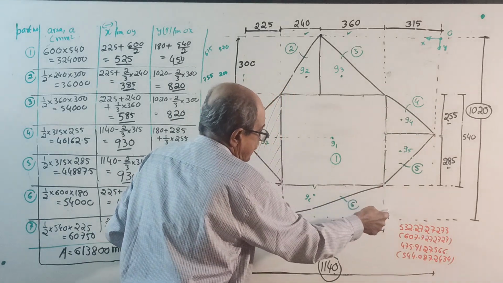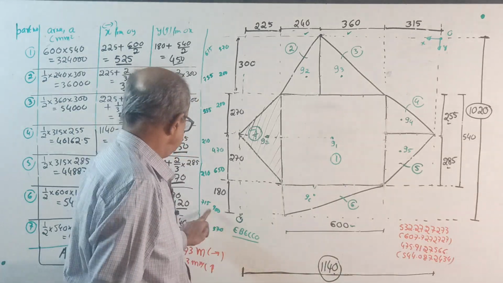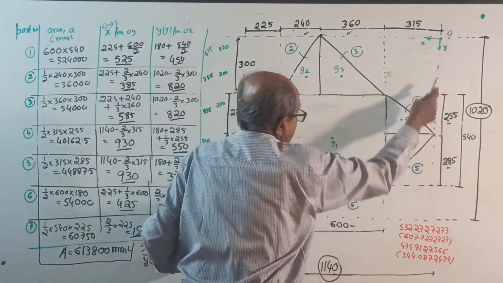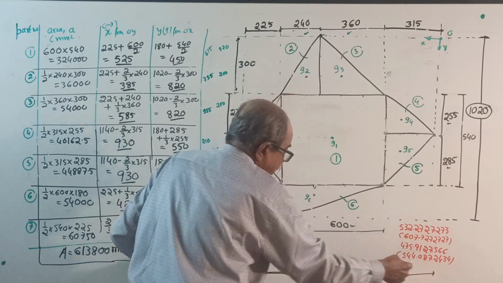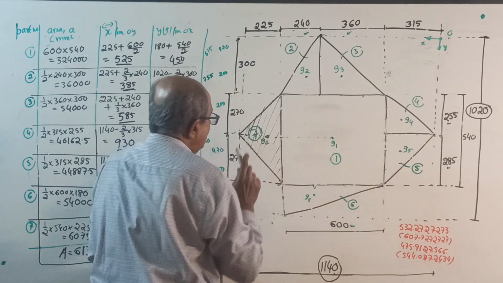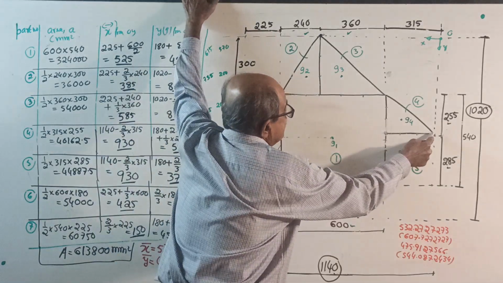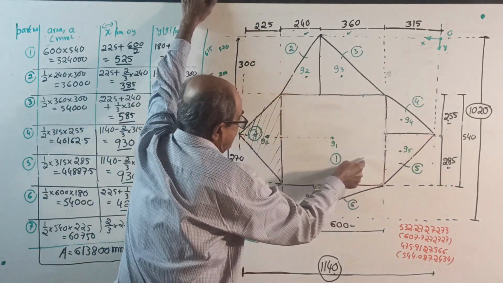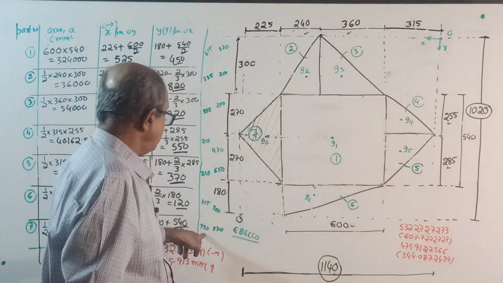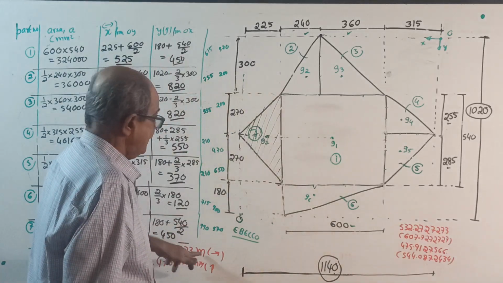Figure 6: 315 plus 2 by 3 of 600, 715. Figure number 7: full 1140 minus 2 by 3 of 225, or 315 plus 600 plus 1 by 3 of 225, 990 will come. A1, X1, A2, X2, A3, etc. X bar will come